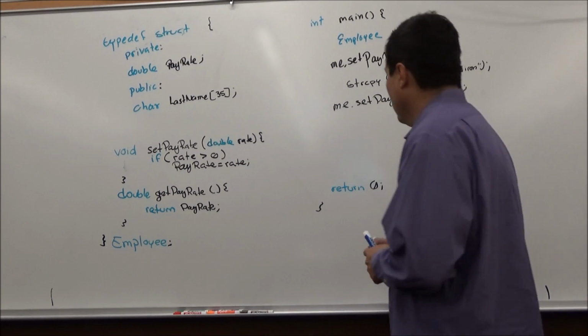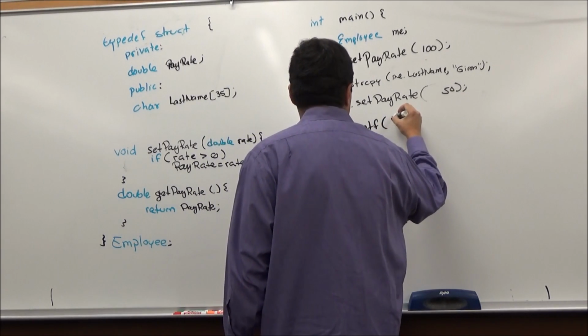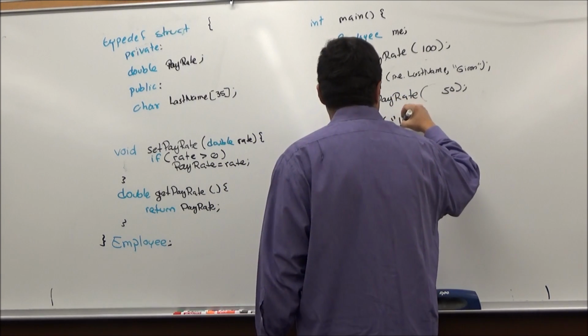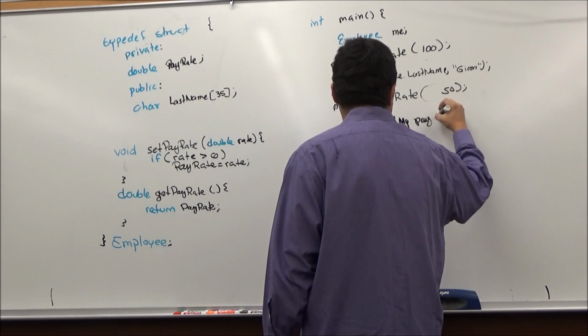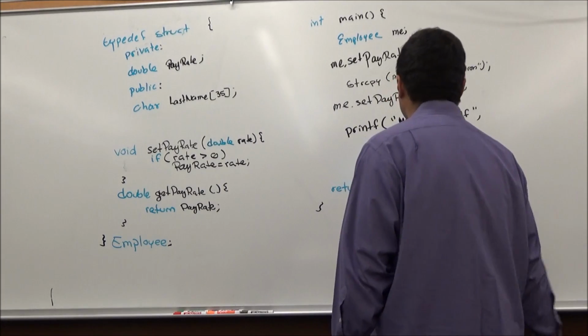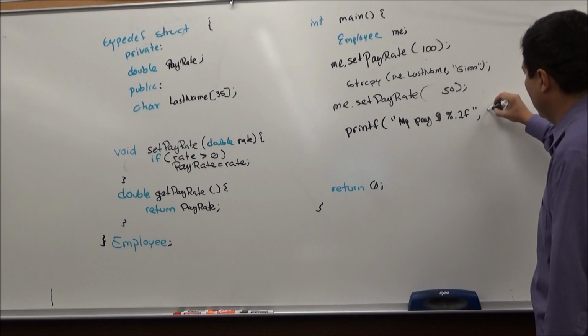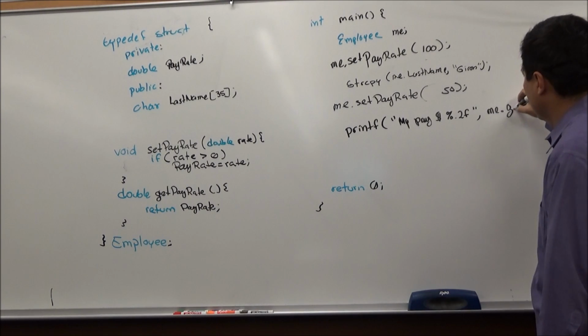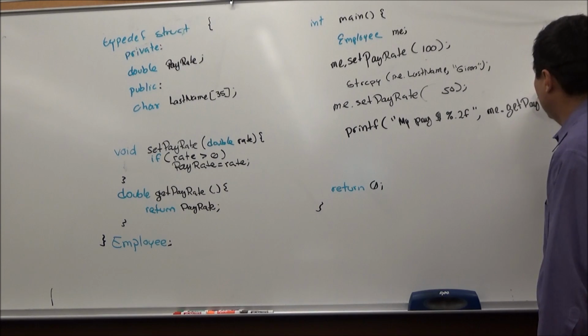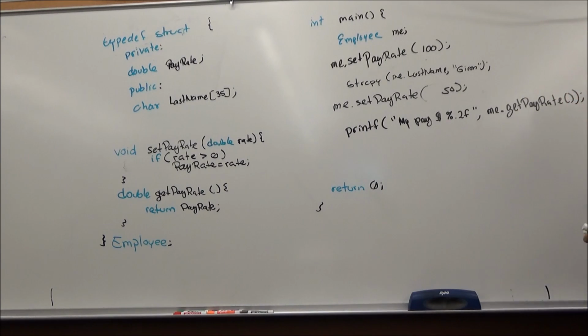So I could do a printf here. And I want to print my pay. And how do I get the pay rate since it's private? I can do me dot get pay rate. You following? So,